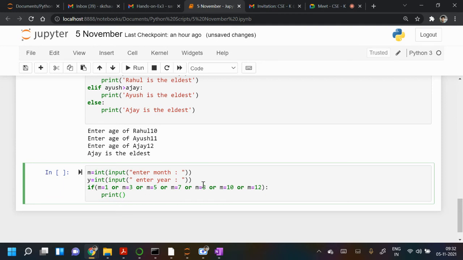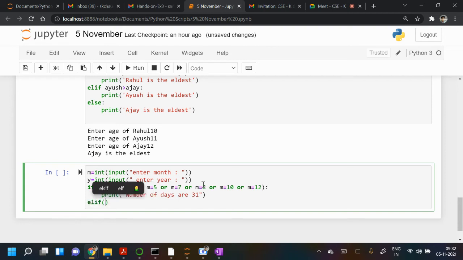you will print number of days are 31. Otherwise, we only have to check for February and the rest. A month can have either 28 days, 29 days, 30 days or 31 days.